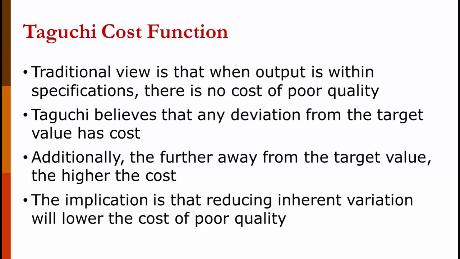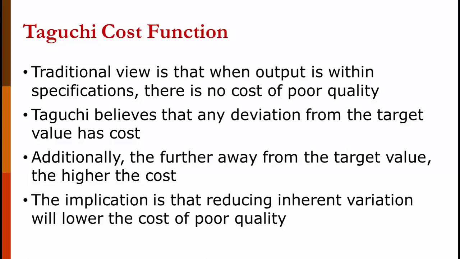Traditional quality control says that a hole that's drilled to 0.9000 inch is just as valuable as one that's drilled at 1.00 inch, which is just as valuable as one drilled at 1.100 inch. That's probably not true. The customer would probably value it more if it's closer to 1 inch. That is what Taguchi thought. That's what his cost function is based on. His idea was that that hole was the most valuable to the customer at 1.00 inch. And as you moved away from 1 inch in either direction, even if you were in tolerances, it became less